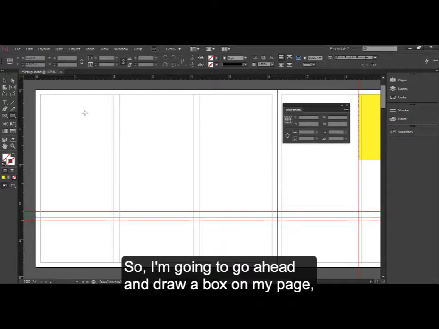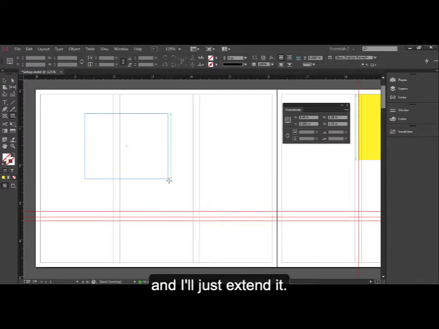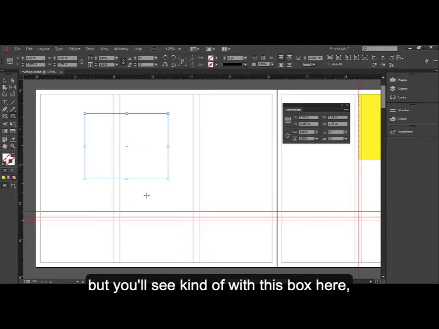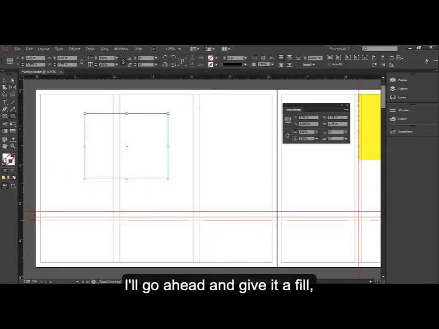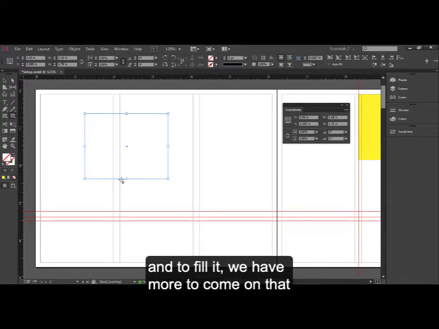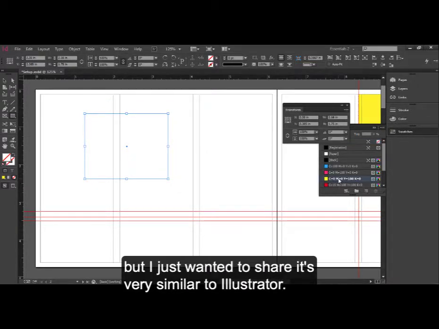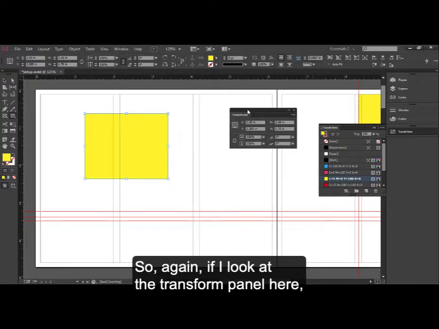So I'm going to go ahead and draw a box on my page, and I'll just extend it. I have some guides here set up for columns, but you'll see kind of with this box here. I'll go ahead and give it a fill, and to fill it, we have more to come on that in the coming lessons, but just wanted to share, it's very similar to Illustrator. So again, if I look at the